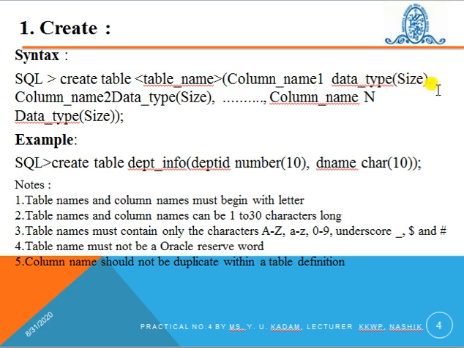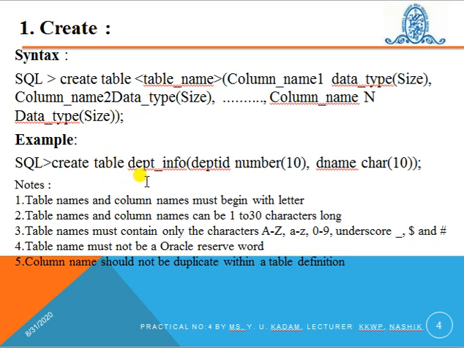Then put a comma, then specify the column name 2, its data type, size and so on up to column name n. After that, close the bracket that we have opened after writing the table name, and then a semicolon. So semicolon is compulsory for every command.